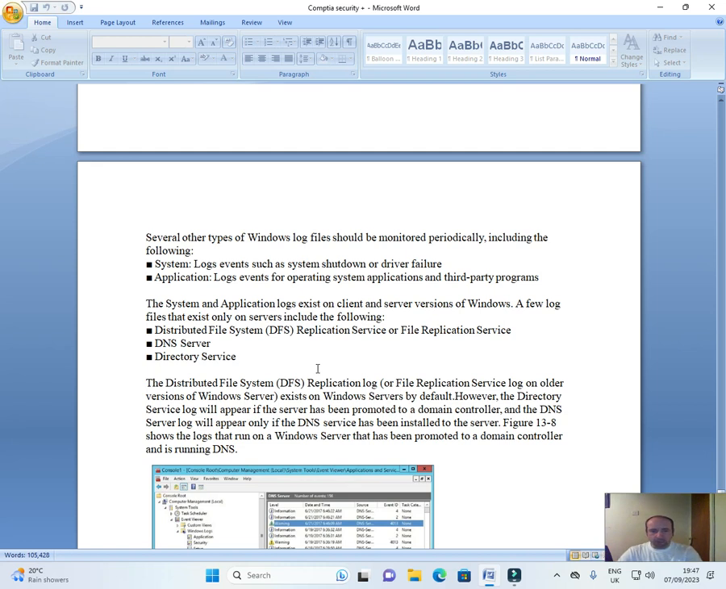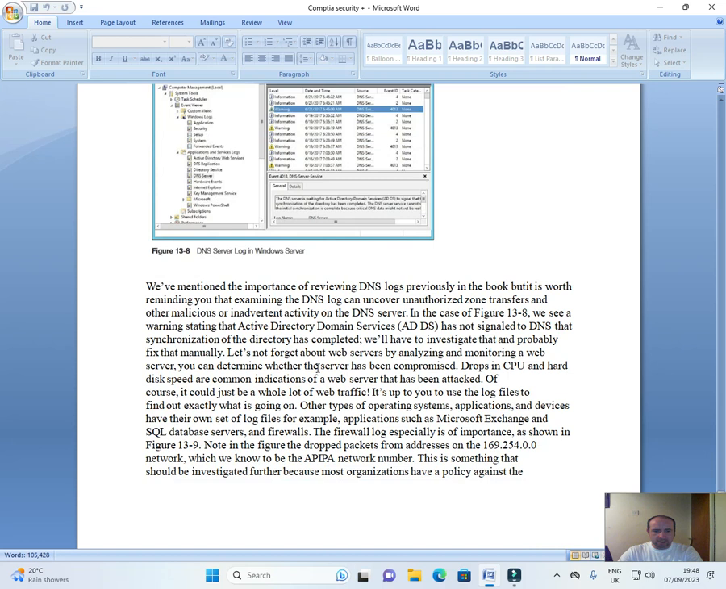However, the directory service log will appear if the server has been promoted to a domain controller, and the DNS log will appear only if the DNS service has been installed on the server. Figure 13.8 shows the logs that run on a Windows server that has been promoted to a domain controller and is running DNS. We've mentioned the importance of reviewing DNS logs previously in the book, but it is worth reminding you